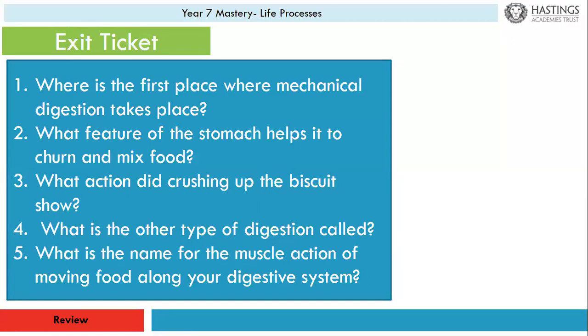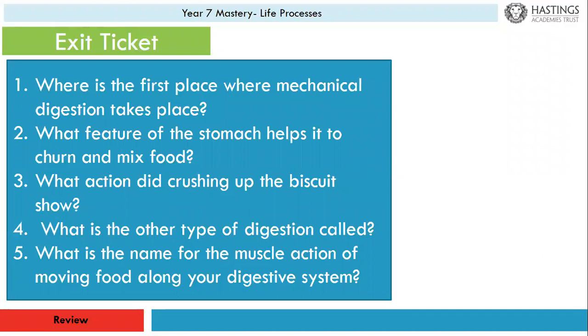Okay, the first place where mechanical digestion takes place is in the mouth. The feature of the stomach that helps it to churn and mix the food is the muscles. The stomach muscles contract and churn and mix the food. The action of crushing the biscuit, so this would have been a practical that you do, represents chewing, okay? And then you would put it into some acid, which represents the stomach, and then you would put it into a pair of tights and you try and squeeze it, which would represent the peristalsis in the